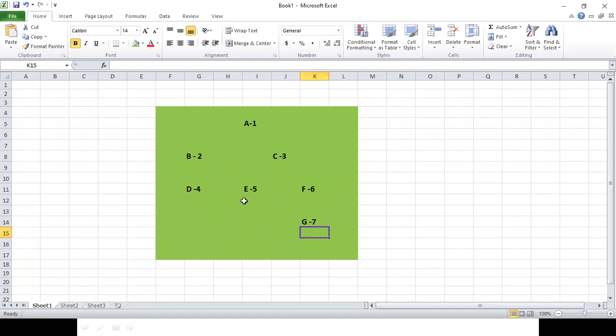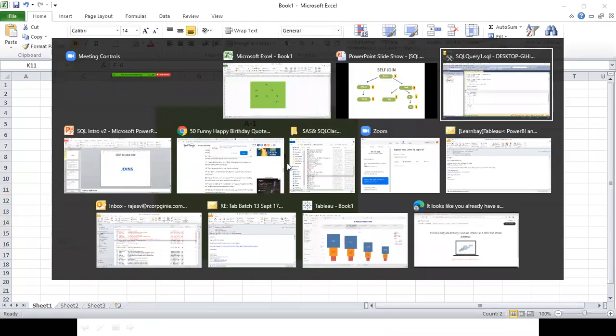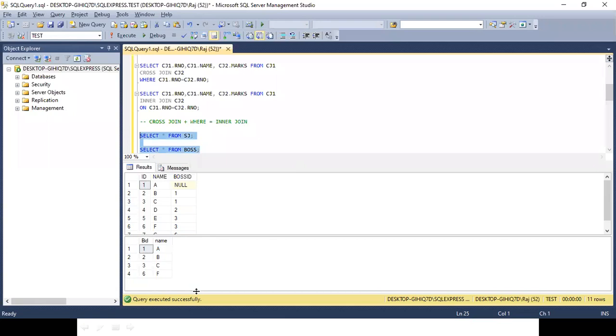Now, this structure has A, B, and C. Under B we have D, under C we have E and F, under F we have G. So this hierarchy I have displayed here in the form of these two tables. In the first table, known as SJ, it has employee ID, name, and the boss ID.